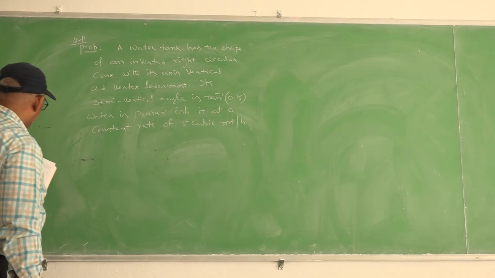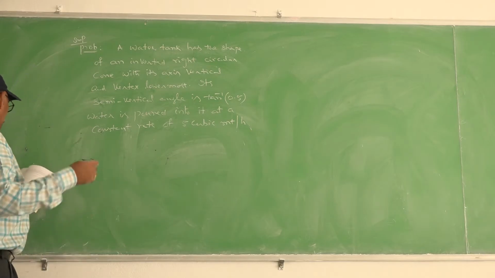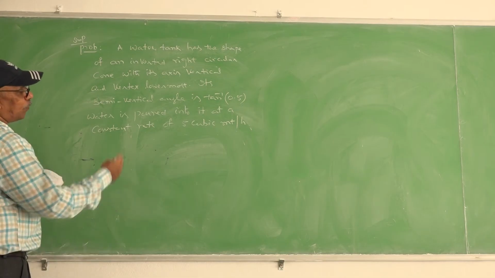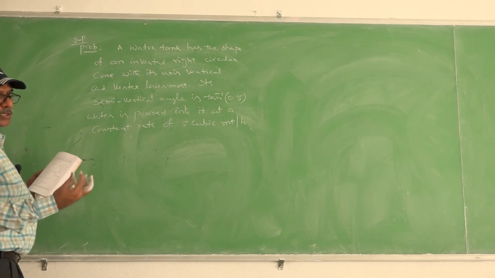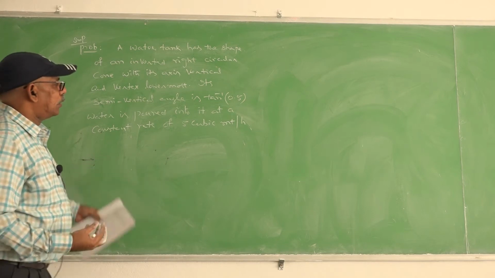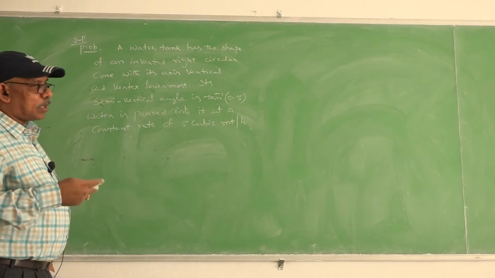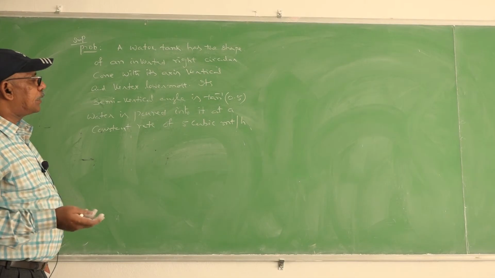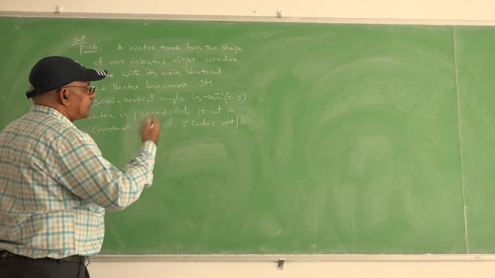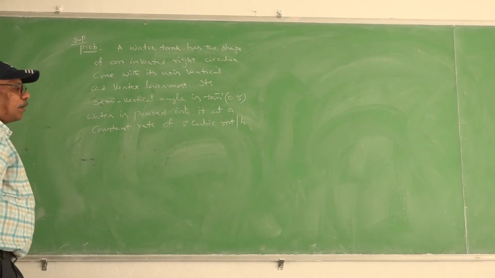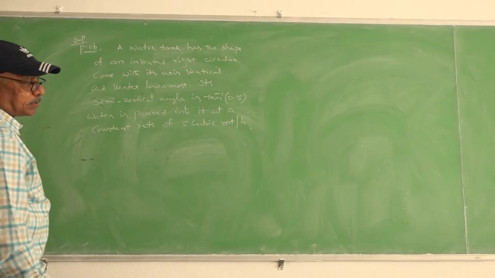The water is poured in the conical funnel, just like a funnel, at the rate of 5 cubic meter per hour. That means the volume of the water is nothing but the volume of the container. The water volume is increasing at the rate of 5 cubic meters per hour, meaning the volume of the cone shaped structure is increasing at that rate.